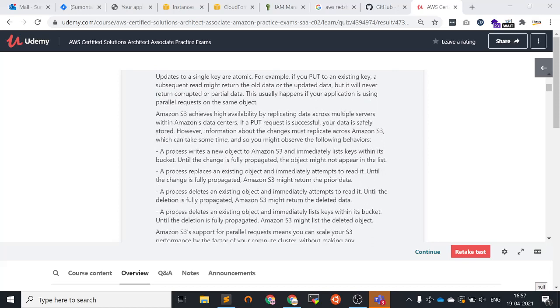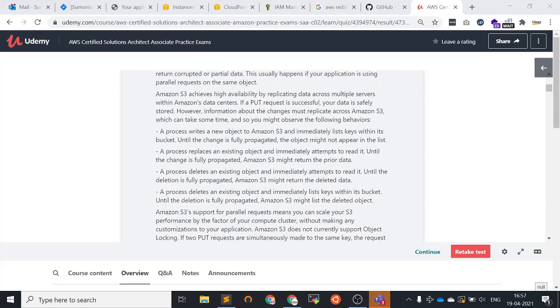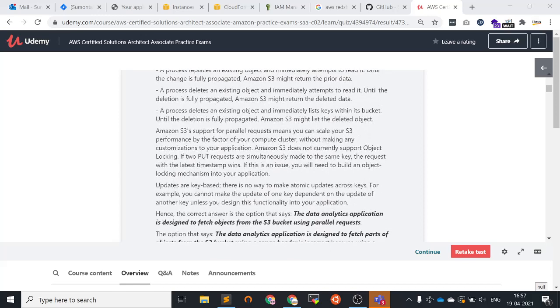When we are replacing, eventual consistency applies, and for new object creation, read-after-write consistency is used. A process deletes an existing object and immediately attempts to read it. Until the deletion is fully propagated, Amazon S3 might return the deleted data. It is the same, as PUTs and DELETEs are eventually consistent. That's why it can show.